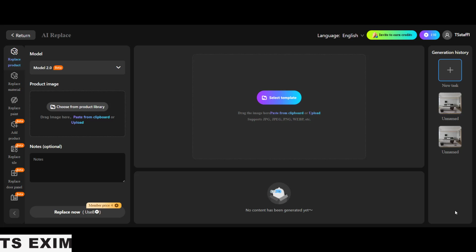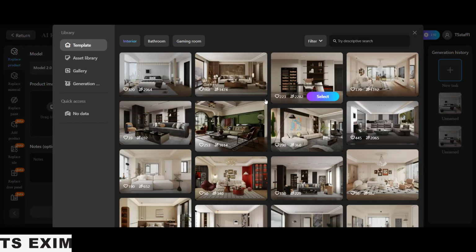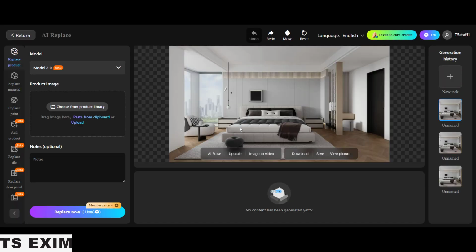So today I'm going to show you how to use AI replace under Furni AI. Okay, so let's say here I have one template, so I can click to select template. I'm going to use this bedroom. Okay, the plan is I want to change this bed as a new bed set that I want to upload